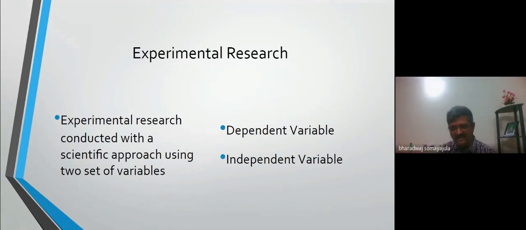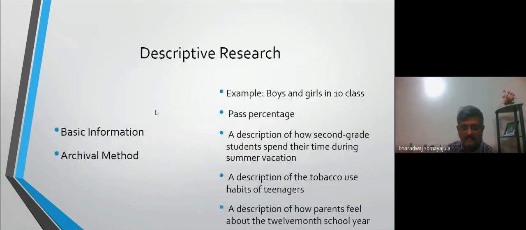There are several other things, but I understand this is an undergraduate college, so I thought let me put it as a simple one. You can see again, we have descriptive research. You can also discuss it. Descriptive research is based on basic information. How many boys are there? How many girls are there? How many faculty members are there in one particular college? Whether they are qualified as PhD holders or not? How many are yet to get a PhD? This kind of information which a college displays on its website becomes your descriptive research.